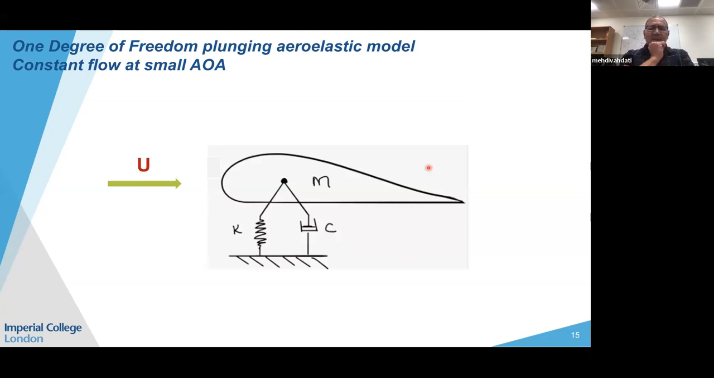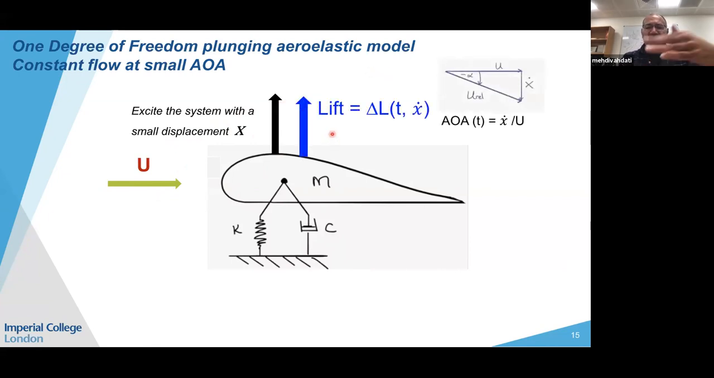So let's go to this one first. One degree of freedom plunging aeroelasticity model. We have a constant model. We have a flow past the aerofoil at velocity u. The aerofoil has already deformed to its deformed shape due to the steady loading. We excite the system with a small displacement x. Consequently, we create an extra lift on the blade, dL. dL here is going to be a function of x dot, which is the velocity of the blade, because if you look at the velocity triangle, you can see that